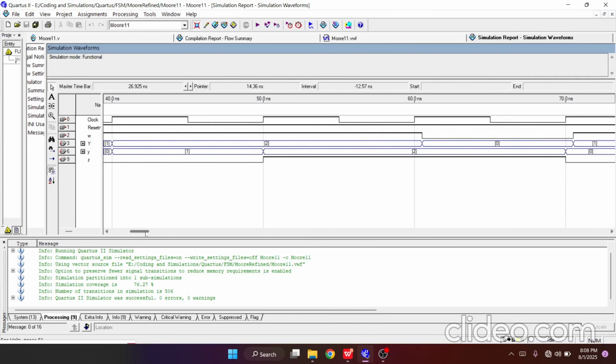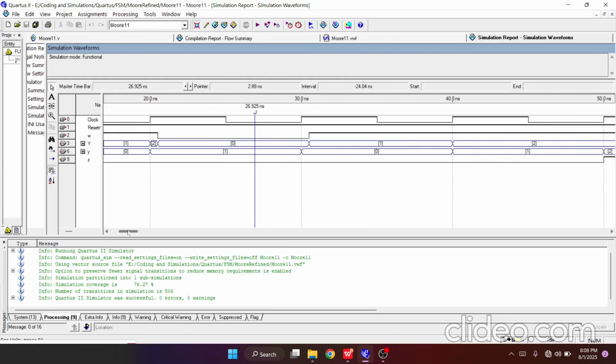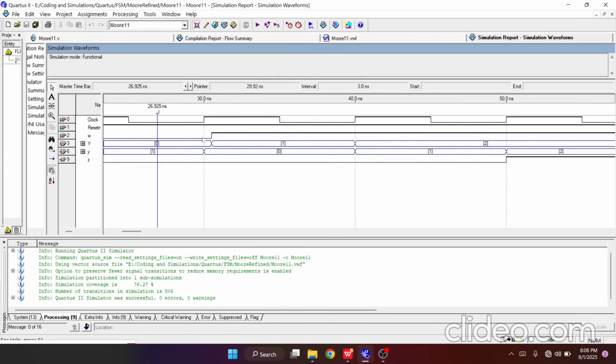Let us go to the detection side. If you try to analyze each and every part how I have shown you, you should get the correct, logical answer for each of the time periods. Now see, in this case, in 30 nanosecond there is a positive edge, but at this time instant the value of W is 0. First let me see what is the value of